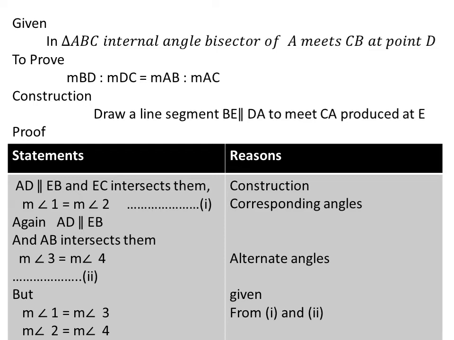Again we write AD is parallel to EB and the side AB intersects both these sides. Now we write measure angle 3 equal to measure angle 4 because these are alternate angles. This is our second equation. But from the given condition, you can see that measure angle 1 equal to measure angle 3, and by using equation number 1 and 2 we can say that measure angle 2 equal to measure angle 4,